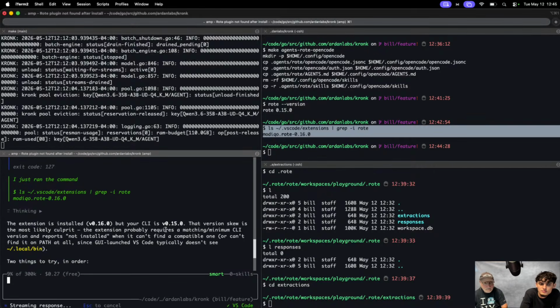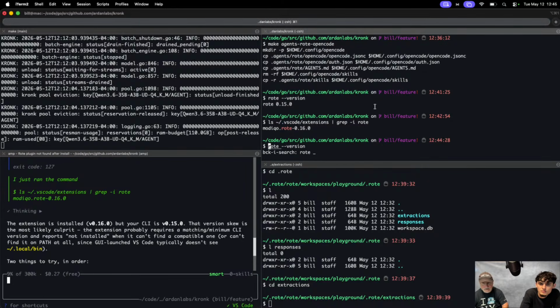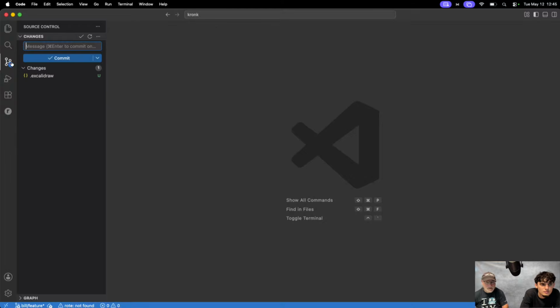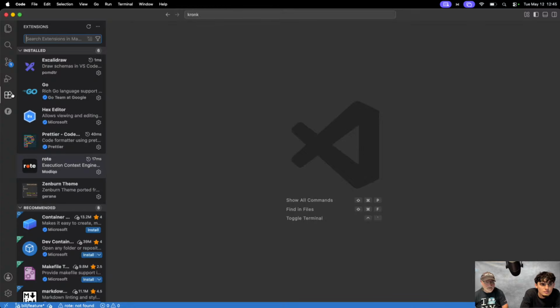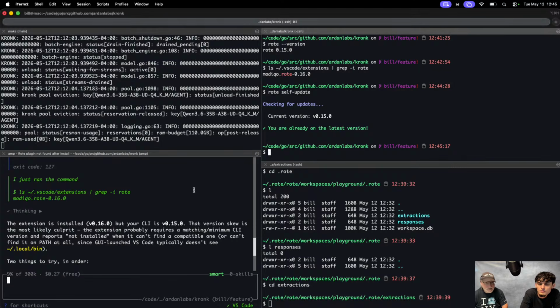Oh. So let's do a rote. There's a rote command for self-update. No, 15 is the latest, but sorry, 16 is there. I don't think they have to match.